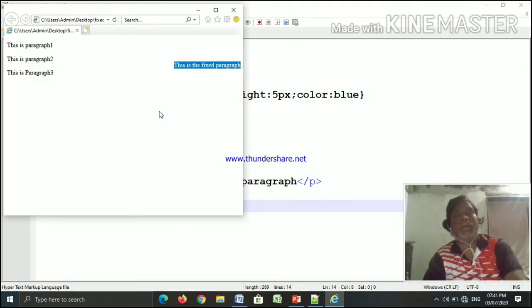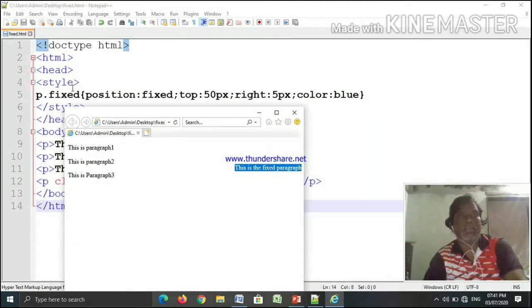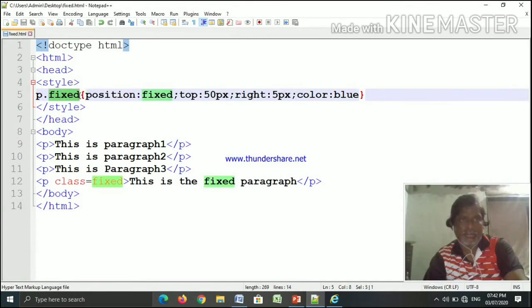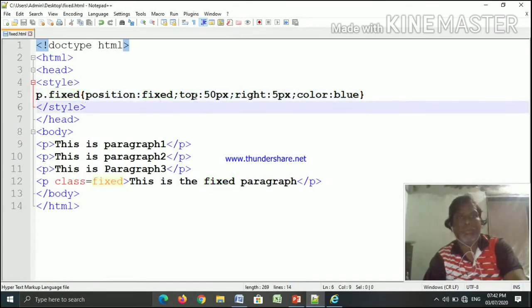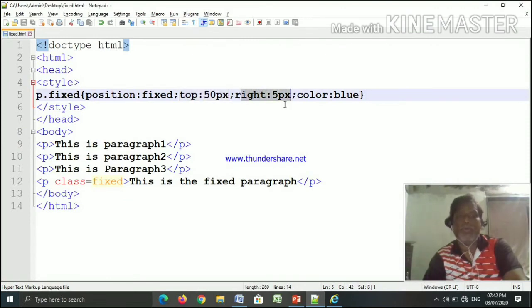You can see the text of the fourth paragraph comes here before the paragraph 3. Why does this happen? This comes because of this paragraph selector having position fixed. Okay, and this will contain the value top as 50 px and right as 5 px.